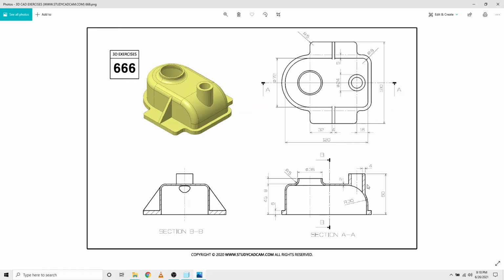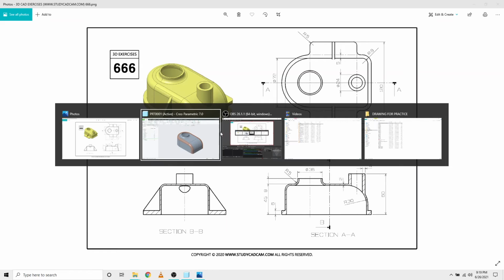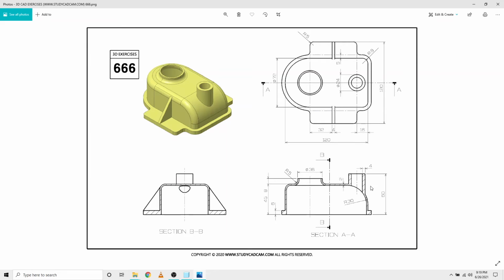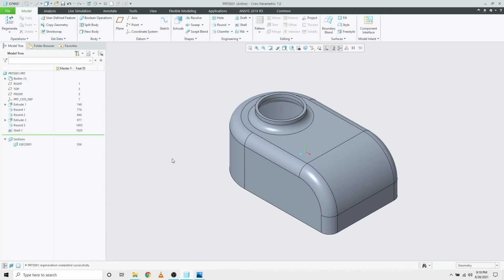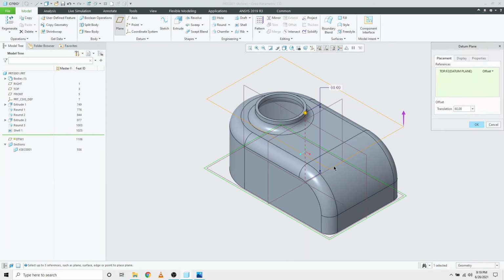Hollow cylinder which is having an OD of 24 mm, which can be viewed from the top view of it, 24 mm, and the wall thickness is 4 mm. And also an important dimension to note is that the depth of the cylinder is referenced from the bottom of this pad, that is bottom to top is 60 mm. For that, I'm going to create a reference plane from the bottom, that is up to a height of 60.